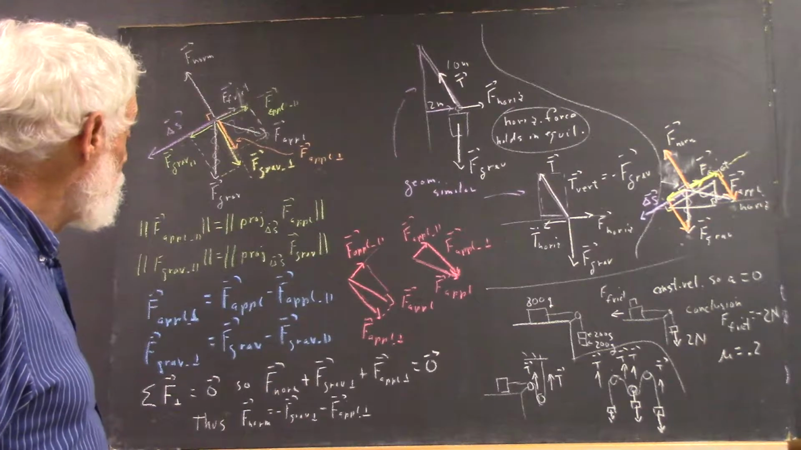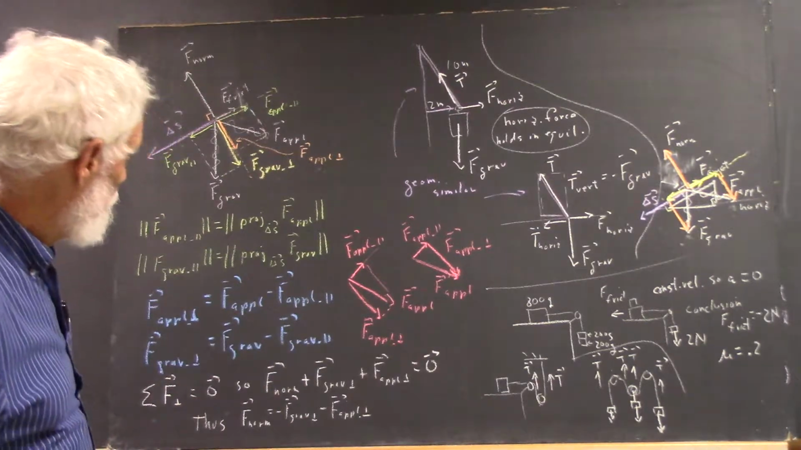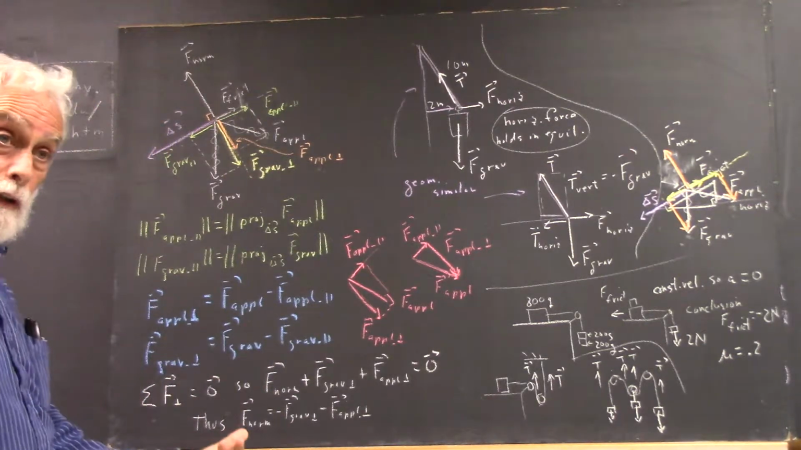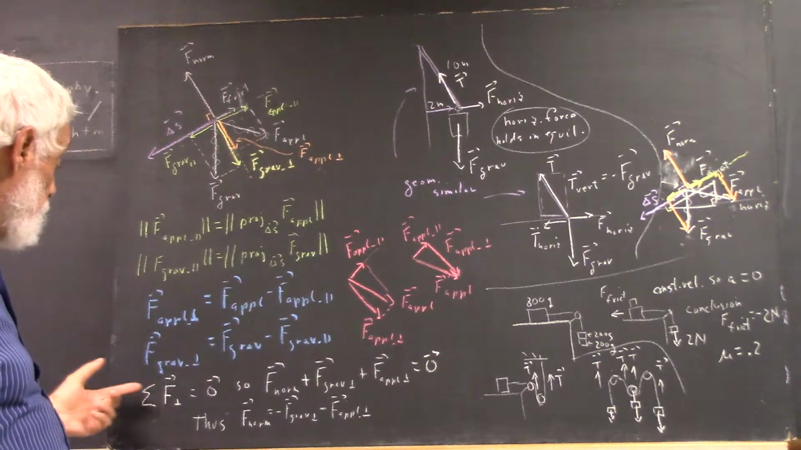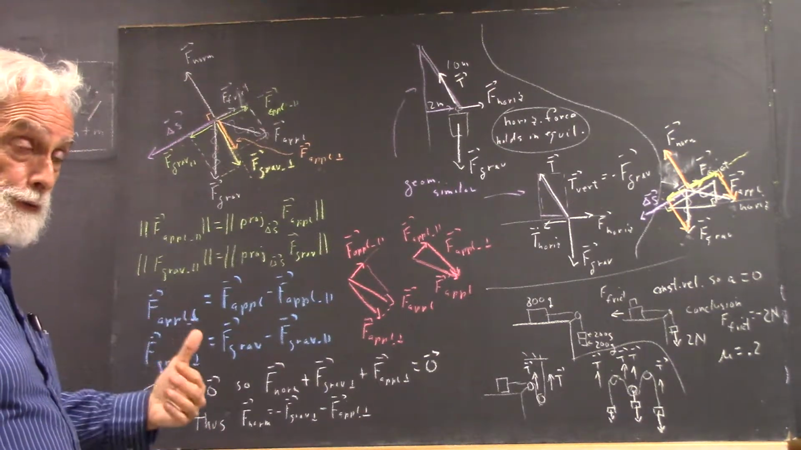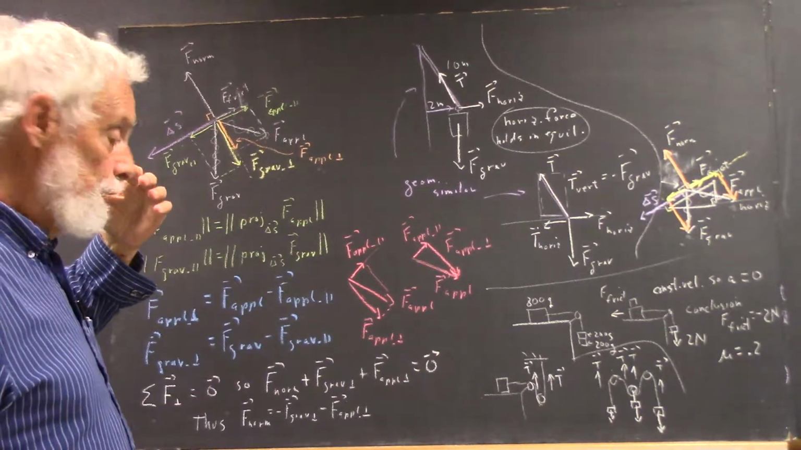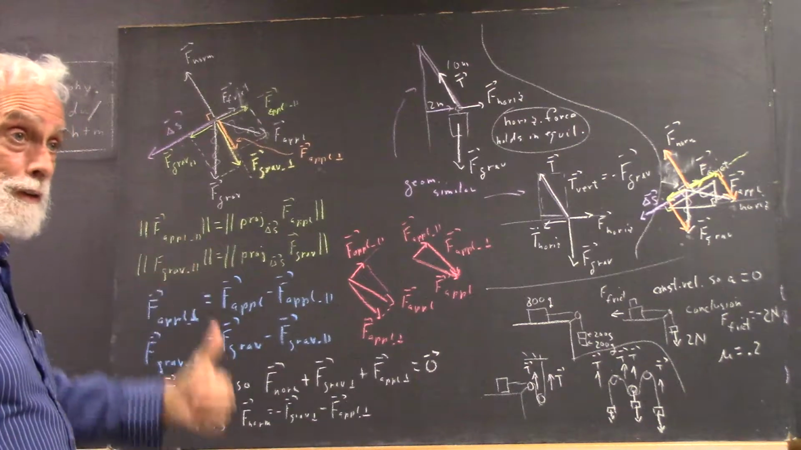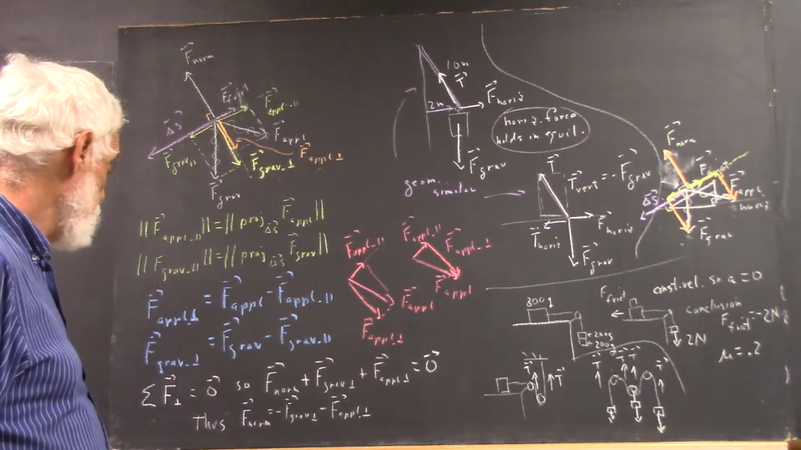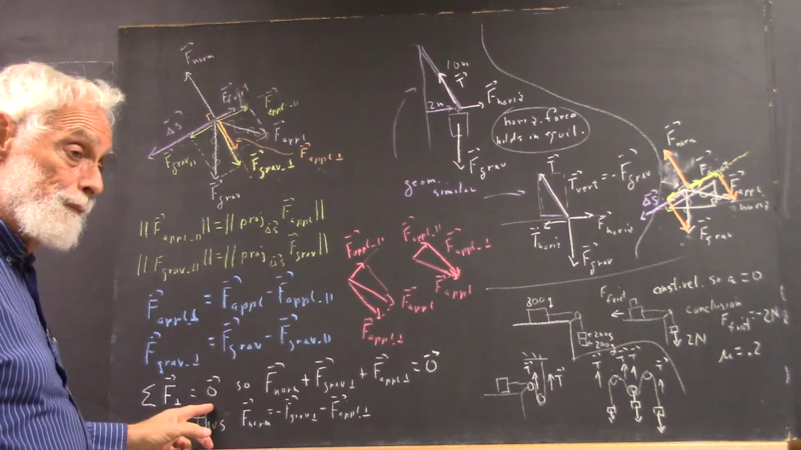Now, this is an important step. You have to use Newton's second law, applied in this case to the perpendicular direction, in which there is 0 acceleration, so that you have 0 net force in the direction perpendicular to motion. So we write